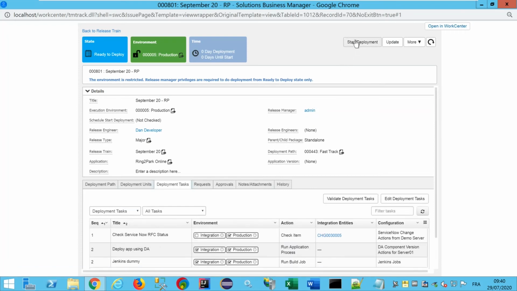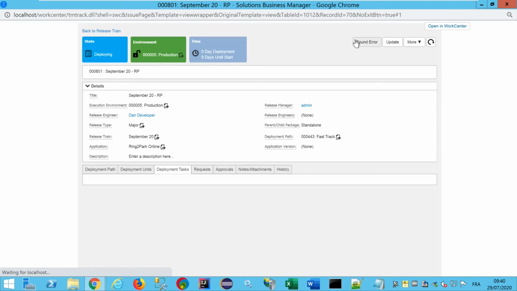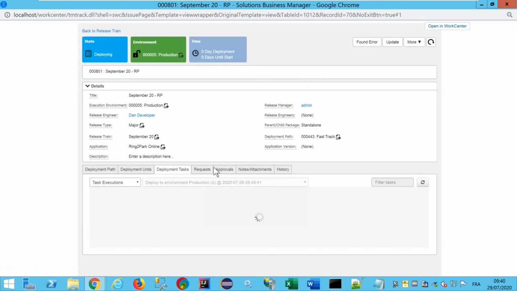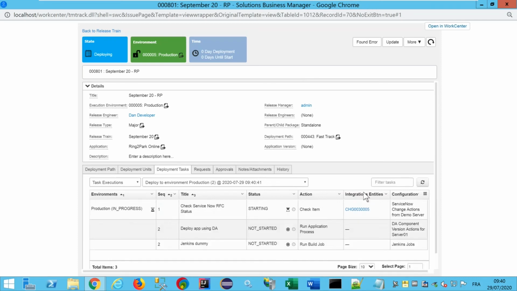So let's start the deployment. I will use the same deployment solution, deployment automation, to execute the deployment. But you see, I have defined one step before executing this deployment using deployment automation. This is a check request for change status. So you see here, the first one is running, in progress. And here we are waiting for a specific status of my ServiceNow change. And the status we are waiting for is scheduled.